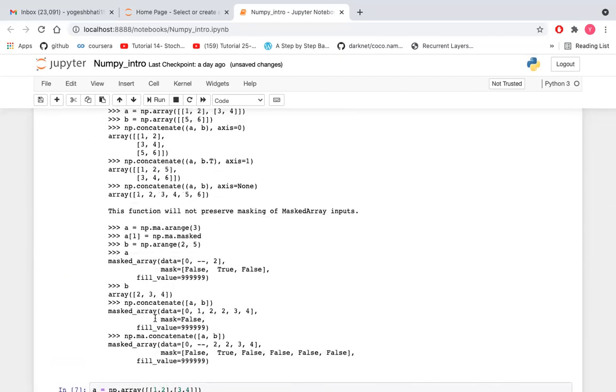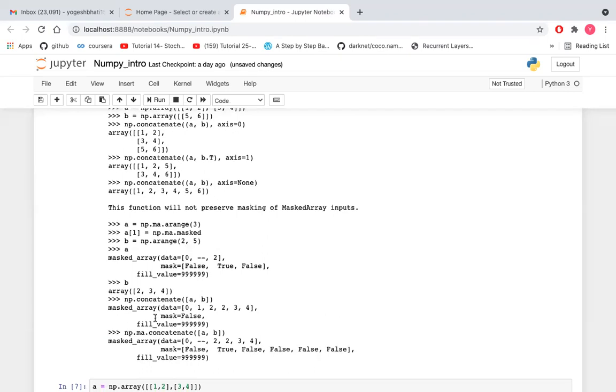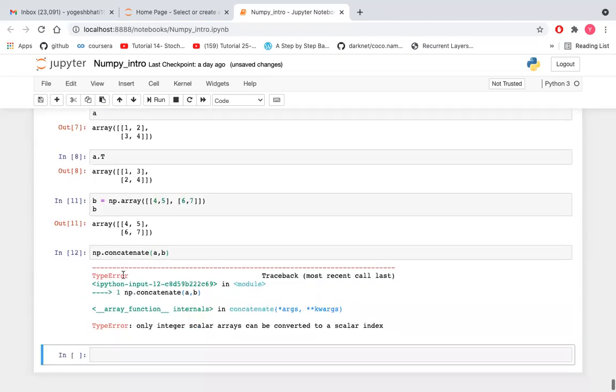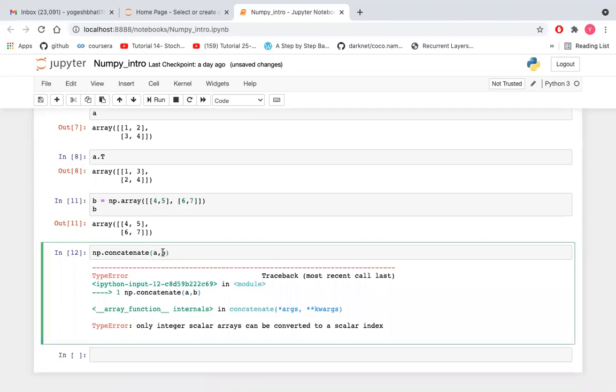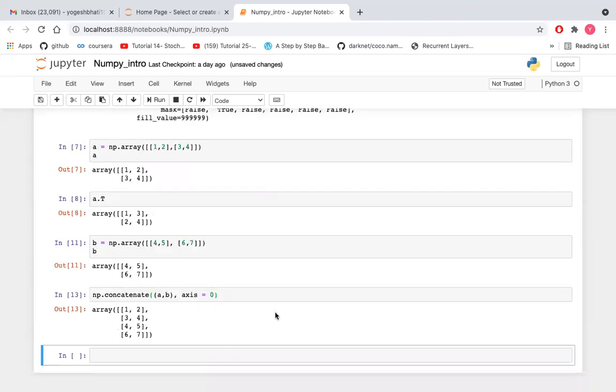Okay, we have to give them inside a tuple. Okay, axis equal to 0. Yes, we have to give the axis also in the case of a two-dimensional array.